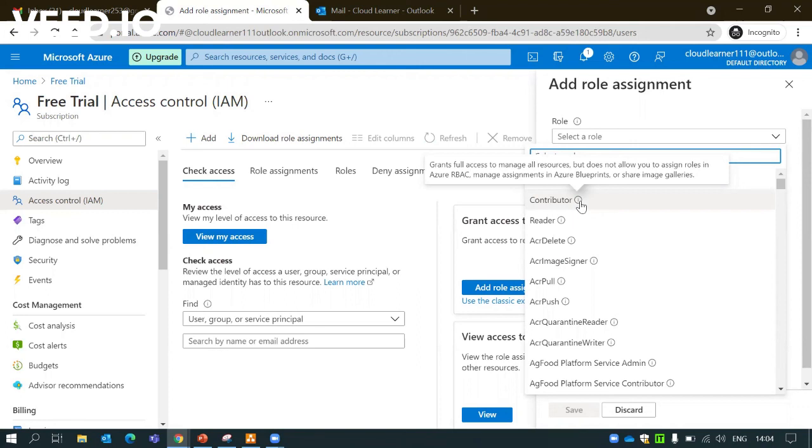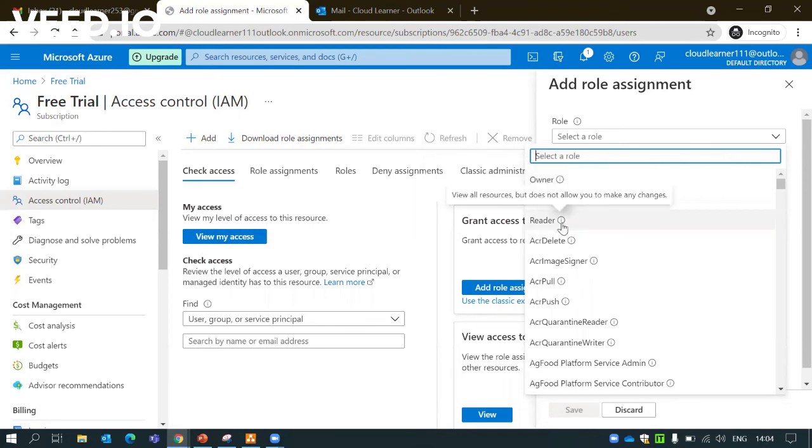If I come to reader, it views all the resources but doesn't allow you to make any changes. A reader can only view the resources, but will not be able to perform any action on any resources in the Azure portal. So this is a quick overview about RBAC roles in the Azure portal.